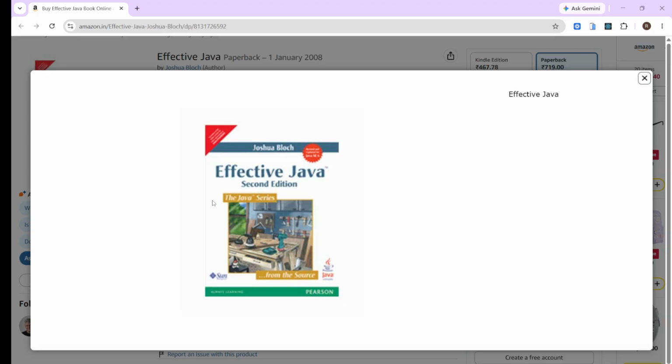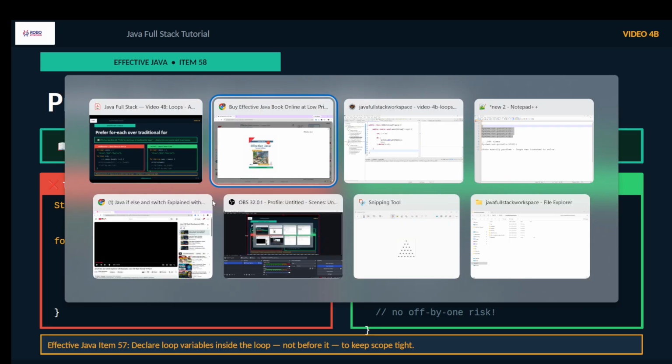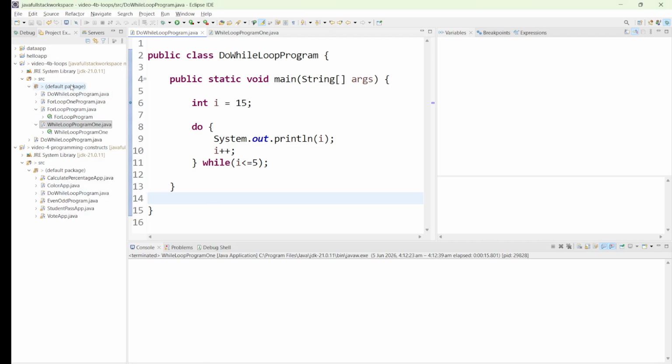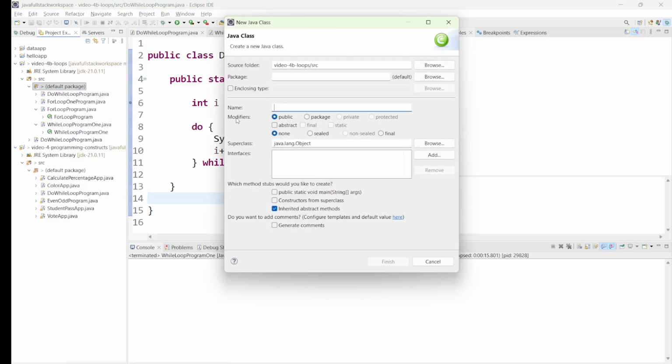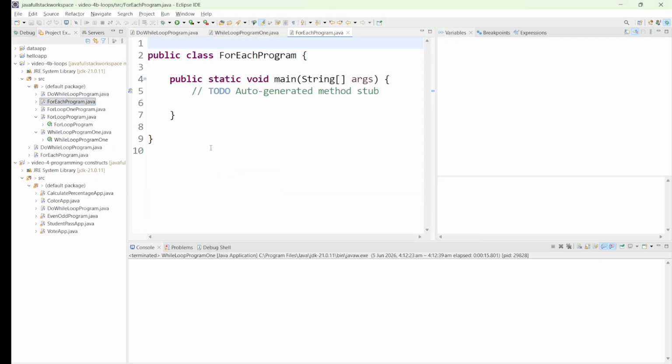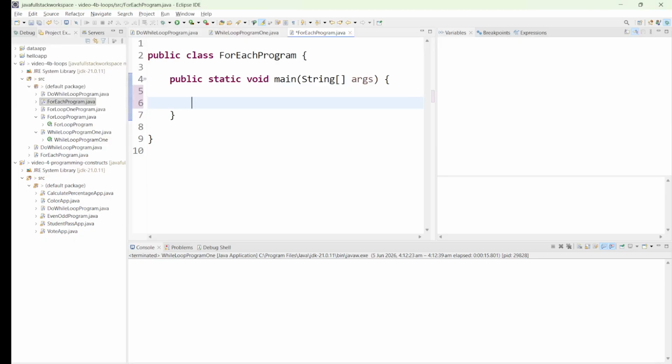Tip 58 talks about using for each. Now let us try to write for each. I might be jumping the gun a bit, because I haven't taught you arrays or lists so far, but just see this; when we go back to arrays or lists, we will come back. Now let us say you write String